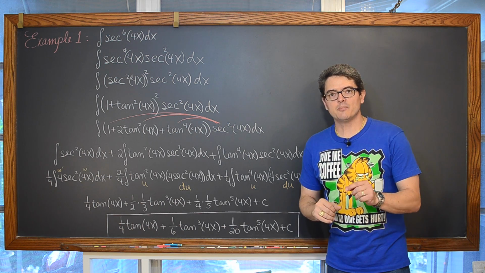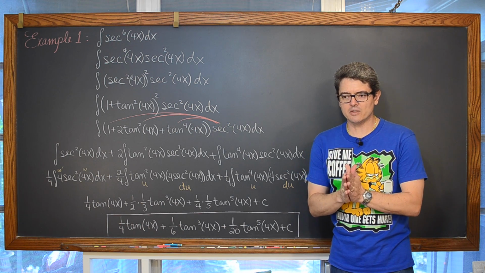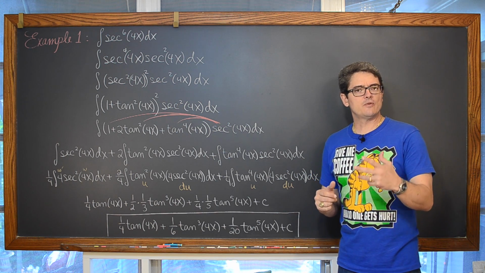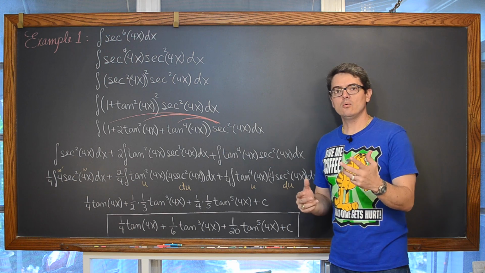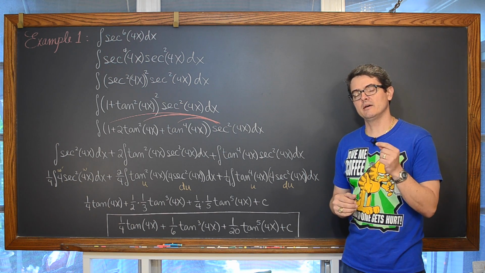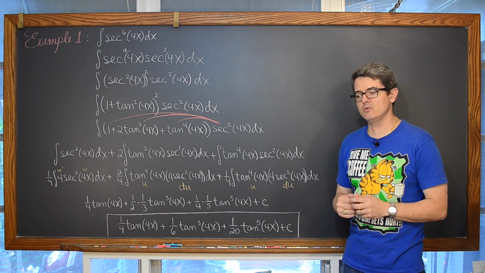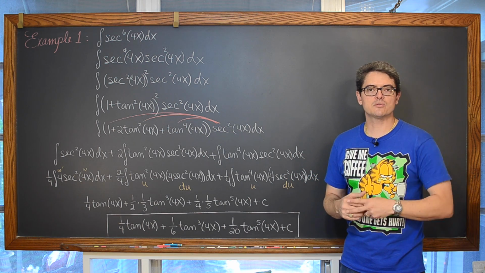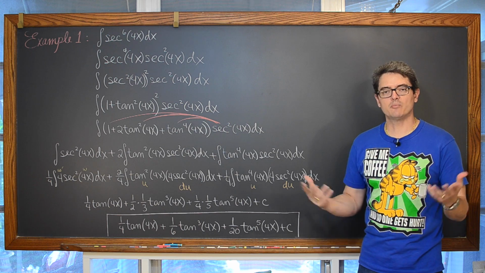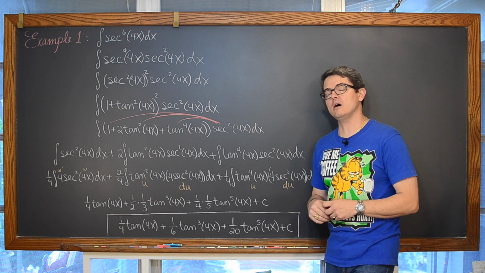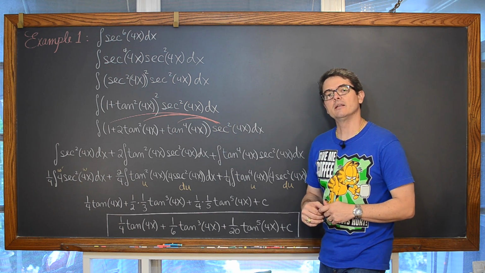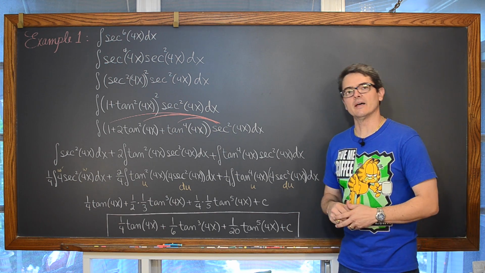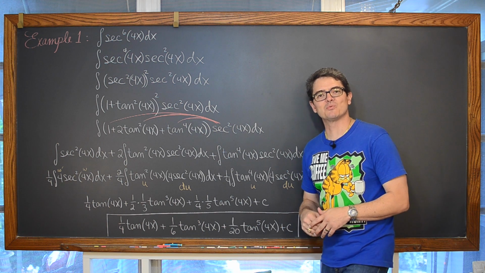Now for our second example, it's going to follow that third guideline where it said if we had no factors of secant and we had a tangent just simply raised to an even power, pull one out, a power of 2 of those out, convert to secant, and so on, repeat if necessary. We're going to do that, except it's going to have an odd power, and that's just going to leave us, like I said, an extra factor of tangent when we're done, and we'll just integrate that tangent with a basic integration rule.